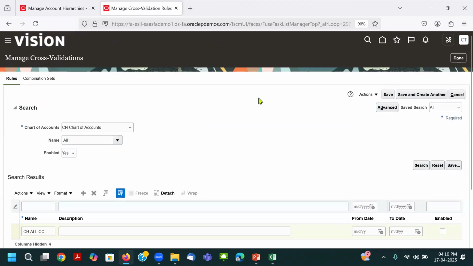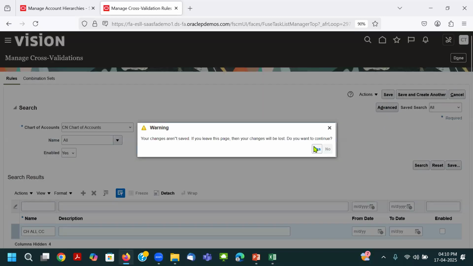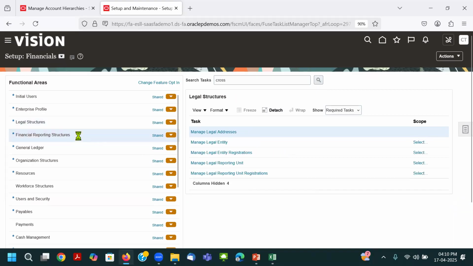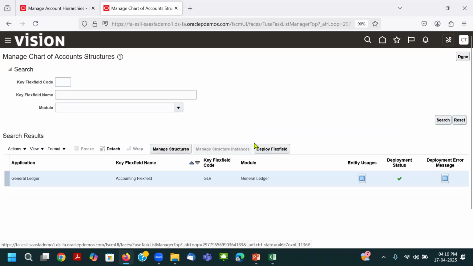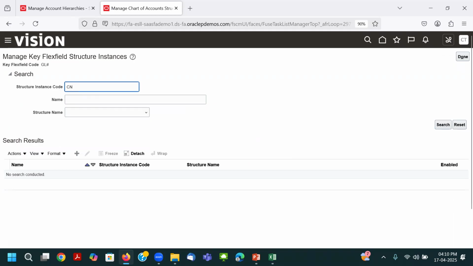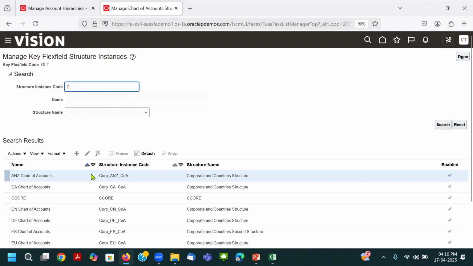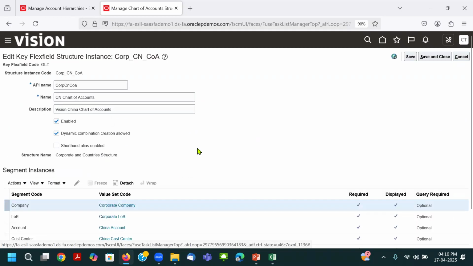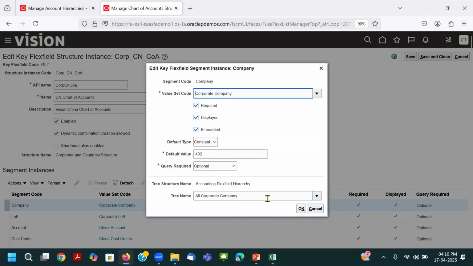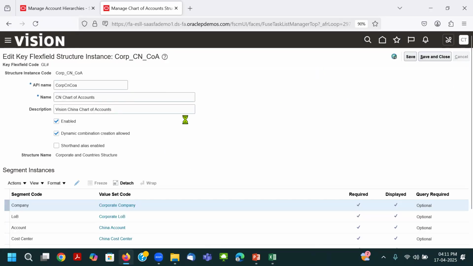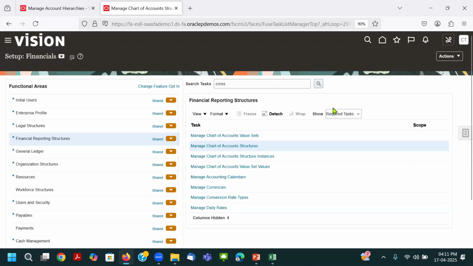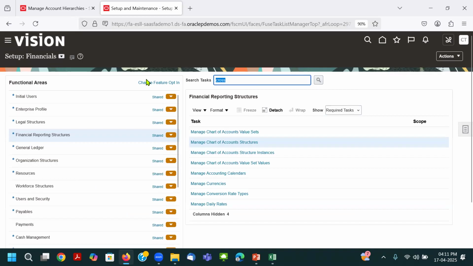Okay. So the next one, if you go to chart of account structure instance level, there also we can use this for mapping purpose or reporting purpose. See here, so here also we are able to add the tree name and tree versions for reporting purpose or mapping purpose. Okay, chart of accounts. And apart from that, if you go to COA mapping,